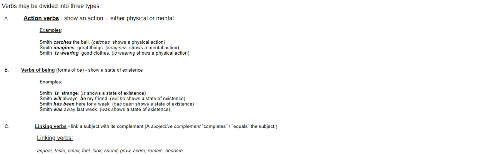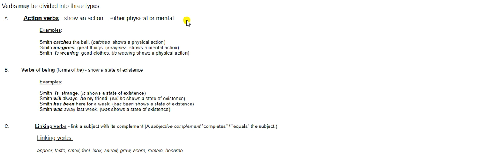For me, it always starts with verbs, and then you can always ask who or what is doing the verb, or is the verb. And I'll explain what I mean by that in a minute, and that helps you find your subject. So, verbs can be divided into three different types. We have action verbs, which is the most recognizable type by far. It shows an action. It can be a physical or a mental action.